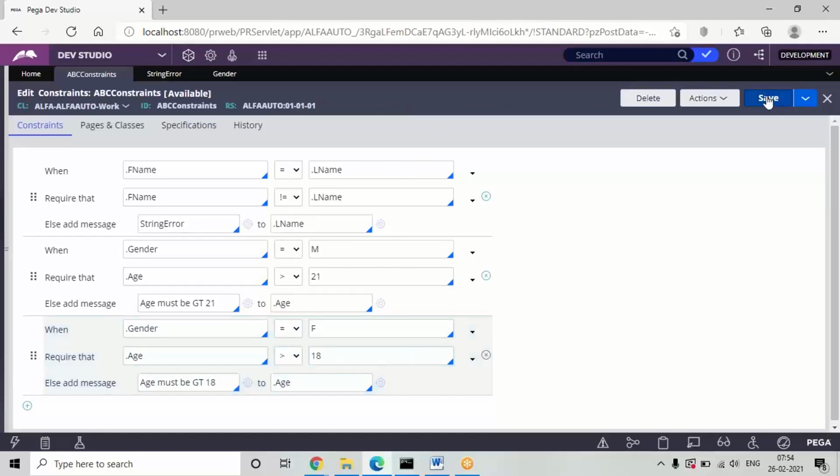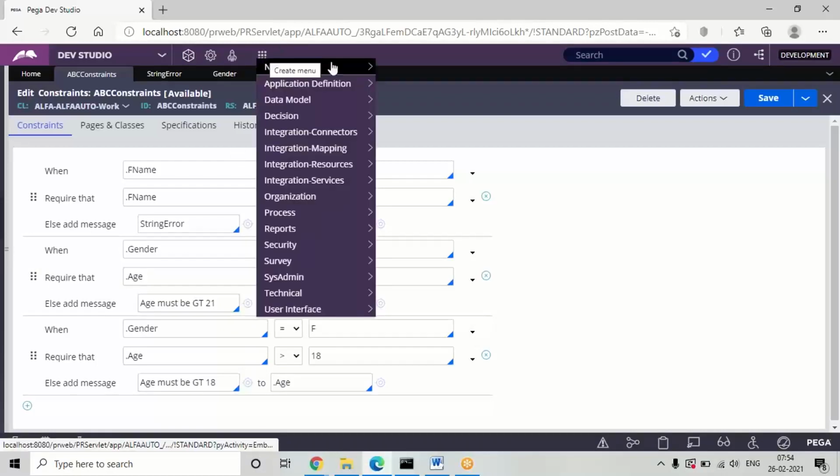And the thing is, the constraint I told you, right? For any declarative rule, when input is given for both the fields, then only it will read the condition. Particularly in expressions and constraints, when input is given for both the fields, then only it will read the condition. In a constraint particularly, if you give input for only gender and you are not giving input for the age property, then it will not read this constraint condition. Only if input is given for both the fields in the page, then only it will read the constraint condition. Now verify. You can execute and verify the customer design.